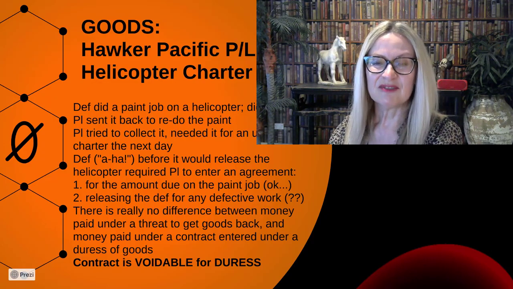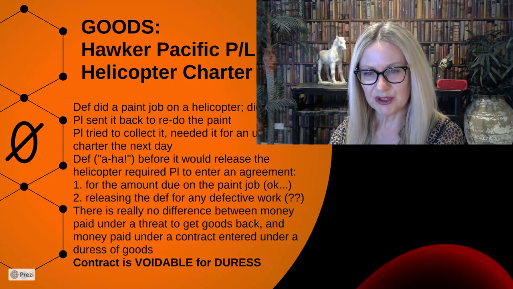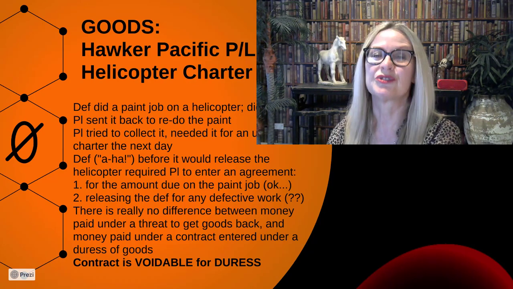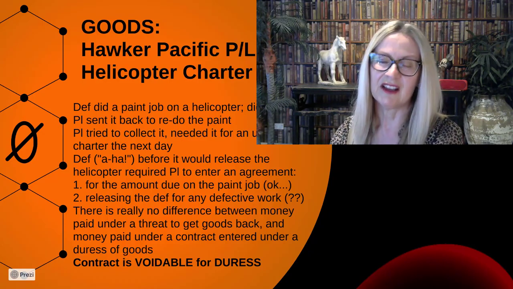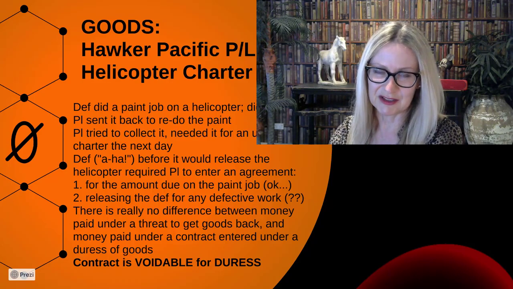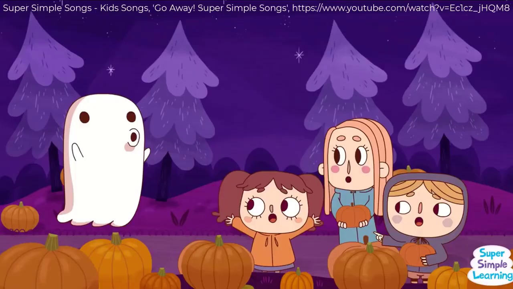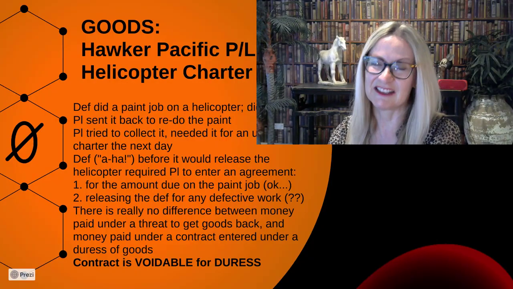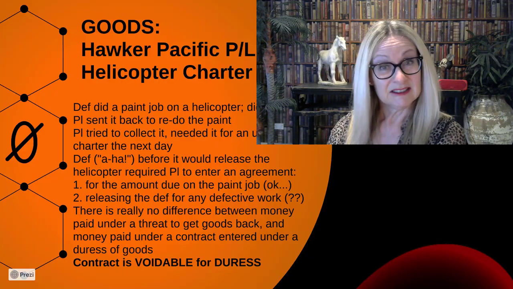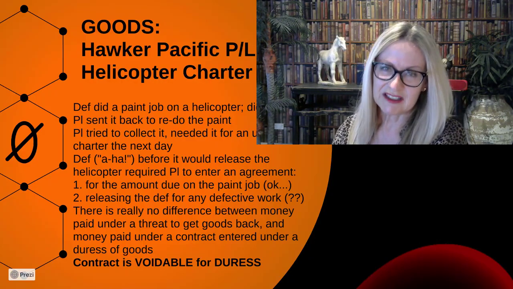Secondly, releasing the defendant for any defective work. So if they did a poor job this time, they certainly didn't want to have to repeat the effort and redo the job again. They just wanted their money, and they wanted to see the back of these people. Go away! So they decided to present the contract, and you guessed it, the plaintiff signed because